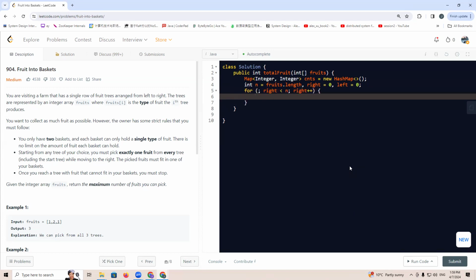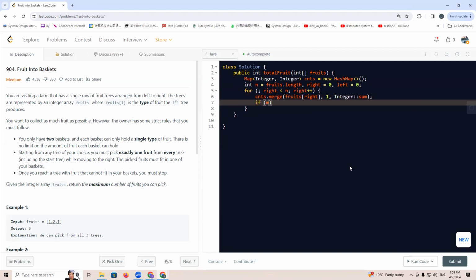We'll have counts merge fruits[right], add 1, Integer sum. And we'll say if map size is greater than 2,